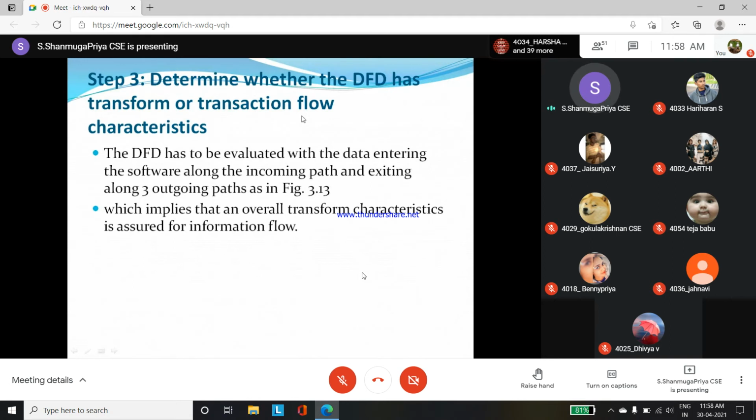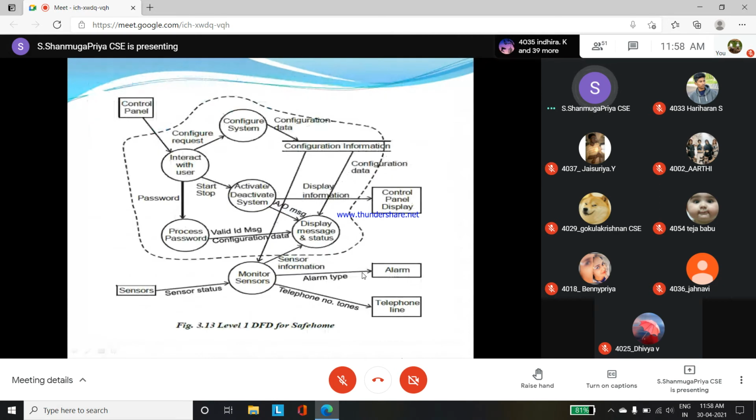We have to identify that with the help of level 1. So from level 1, where the input comes from, how we are interacting, wherever we have to pass messages, we have to highlight that.